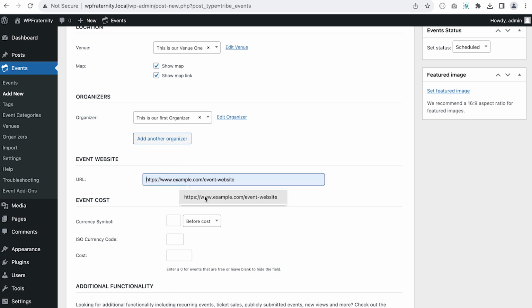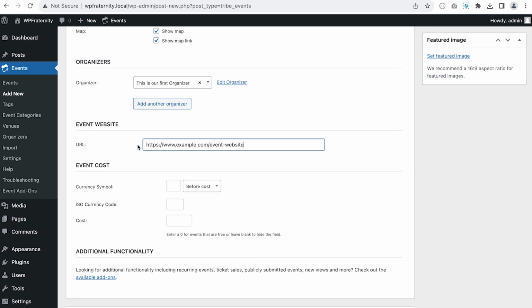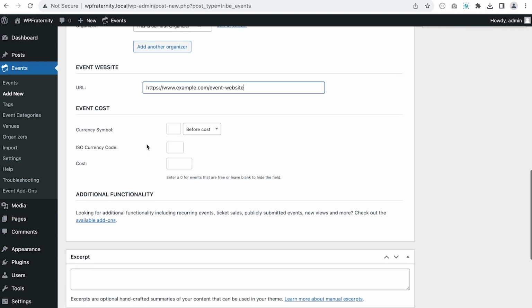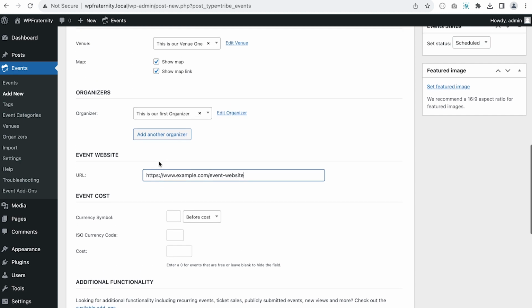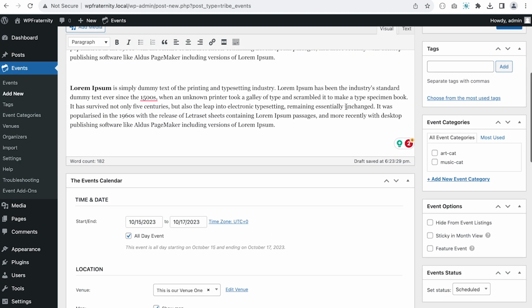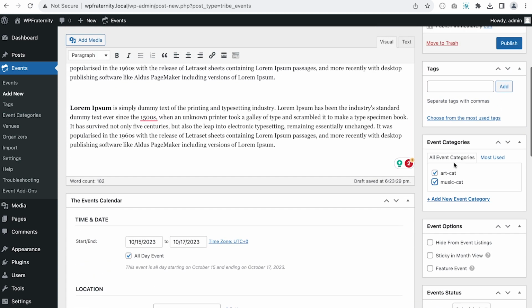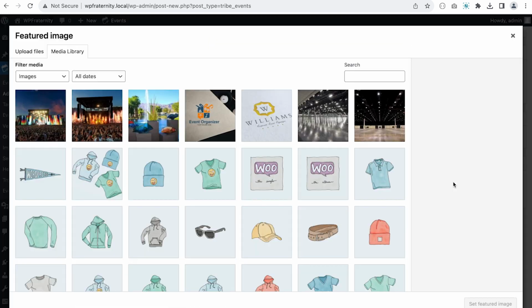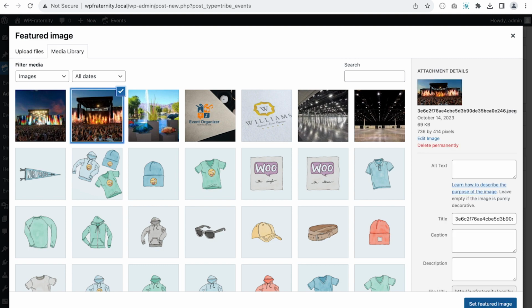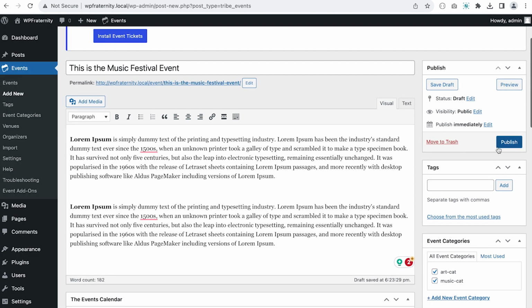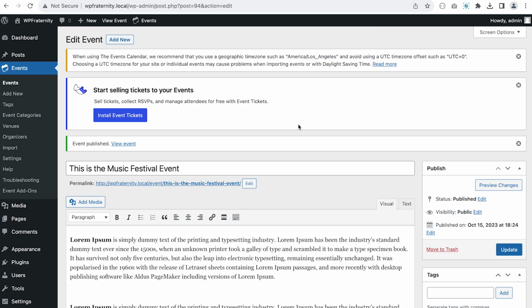So let's add the website for the event, currency symbol. I'm not going to create the event for the price because it's not about the price. So let's select the event category. Let's select a featured image, publish. So now that we have created our first